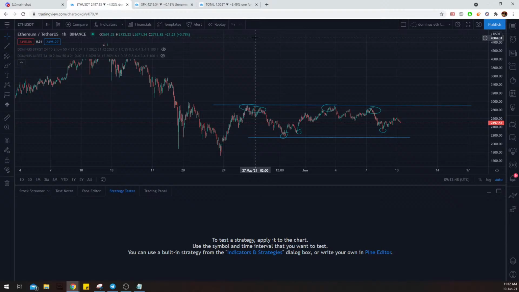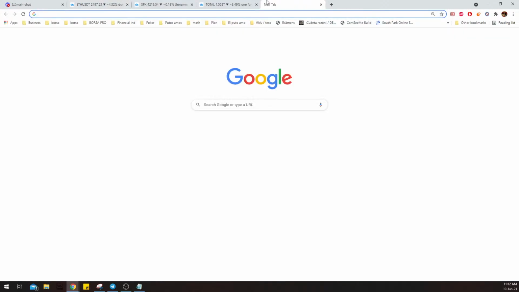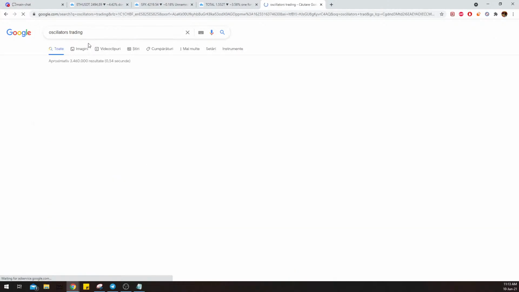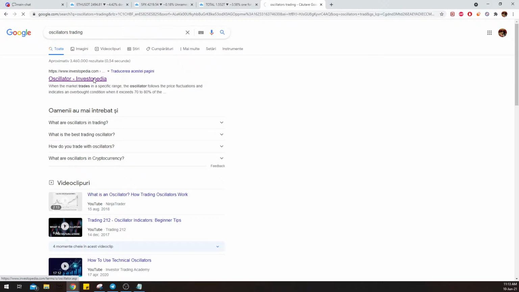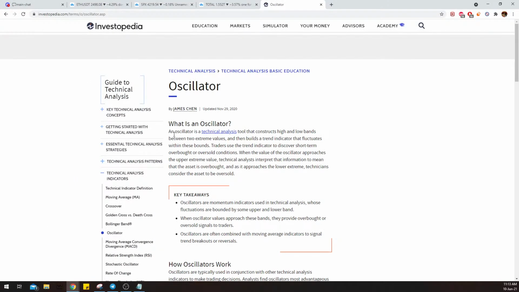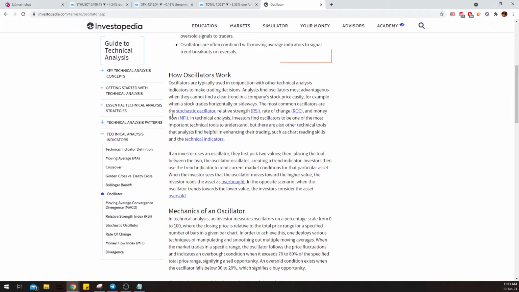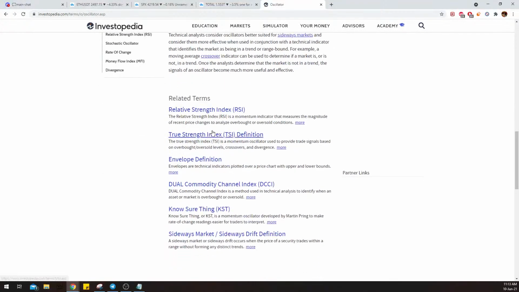And in the case of oscillators, what are they mostly trying to do? An oscillator, in general, always tends to look for overbought and oversold conditions. So they are always trying to tell you when there's going to be a reversal. The most common ones are the RSI, the rate of change, and stuff like that. So in this case, what I found out